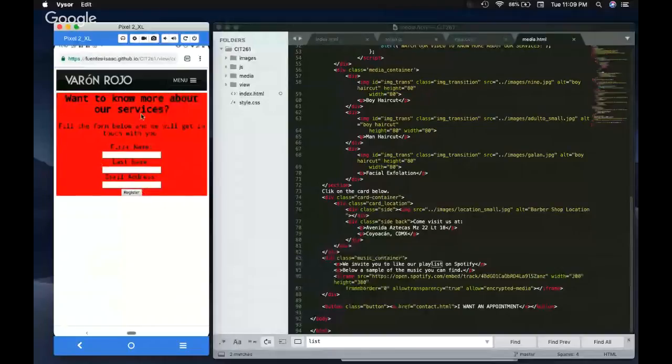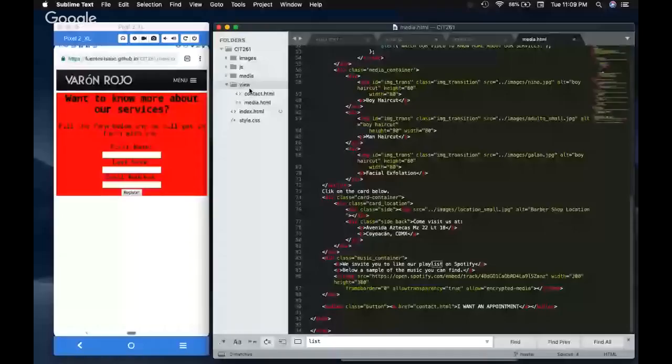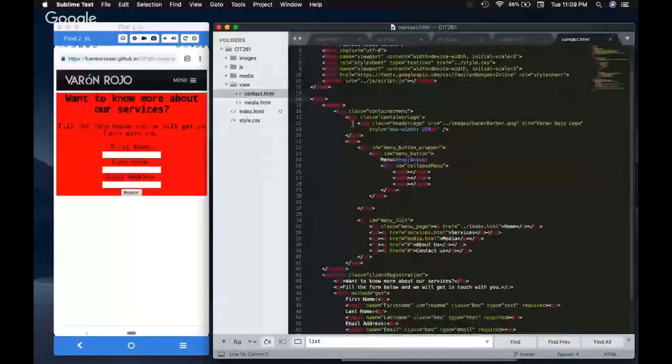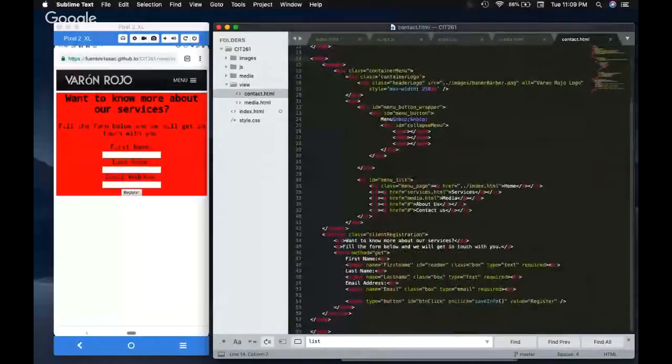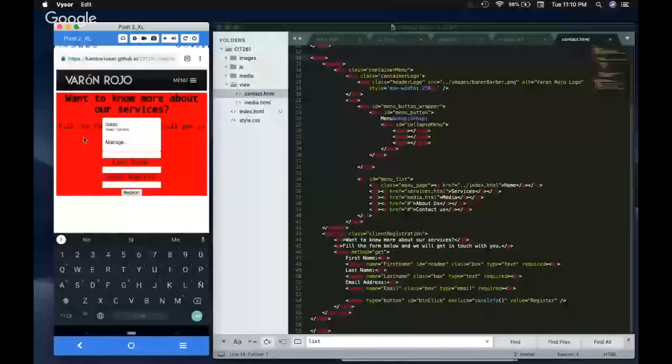Let me bring that up right here. Okay, once again, I have the navigation menu at the top. For this one, I'm just adding another event, and also storing the name of the user that he inputs to use it for a JavaScript event. So once you complete the form,